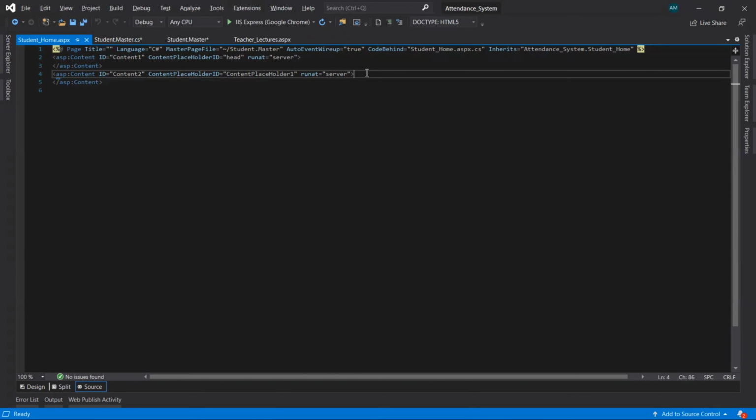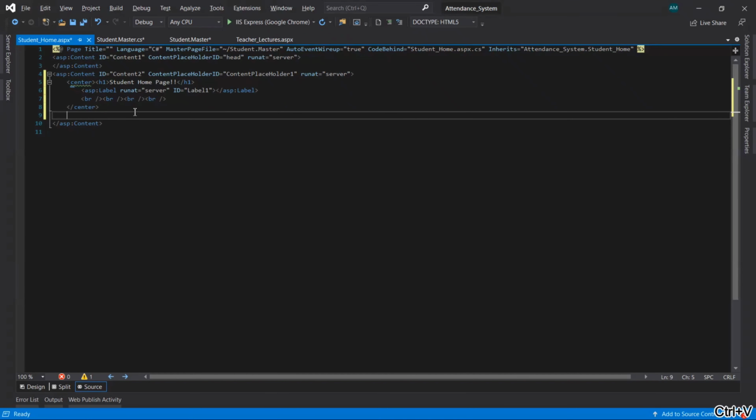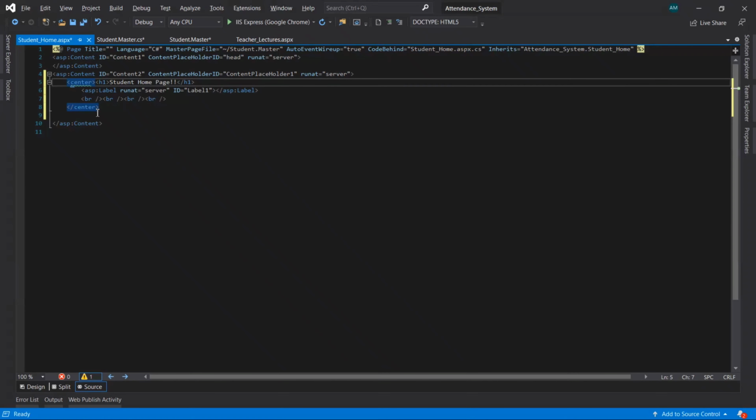Now inside the content placeholder, we are going to write some code. I have taken here one center tag. Within the center tag, I have taken one h1 header tag, and inside that I have taken the text, student home page. After that, I have taken one label control.